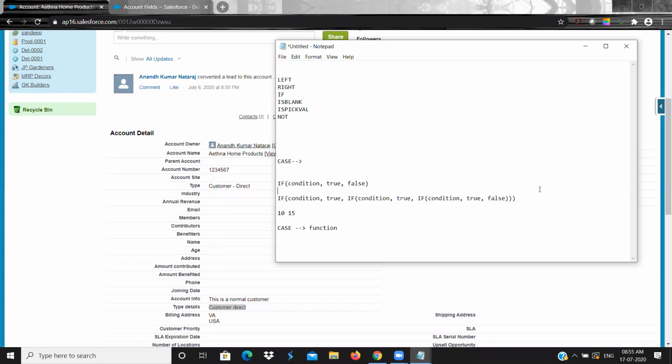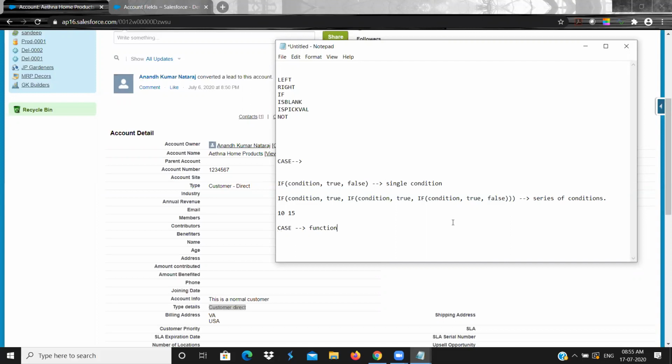What the case function will do is handle a series of conditions. If I wanted to have a series of conditions, this is a single condition. Okay, single condition. So this is a series of conditions. The case function will be very useful if you wanted to have a series of conditions.